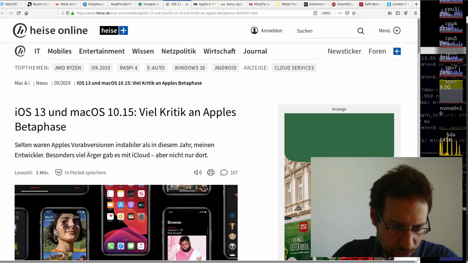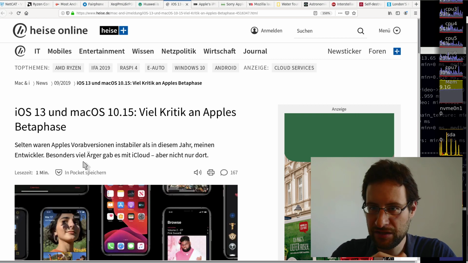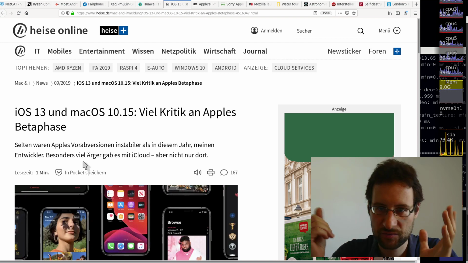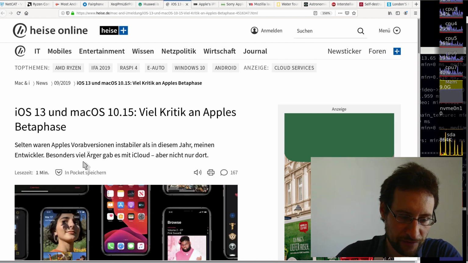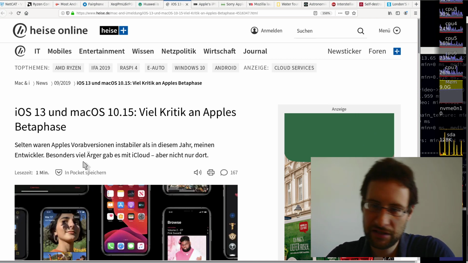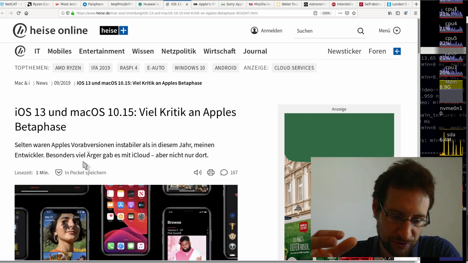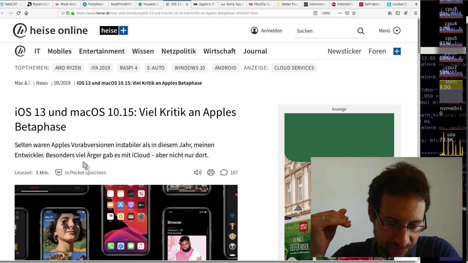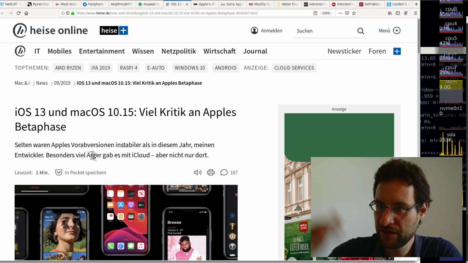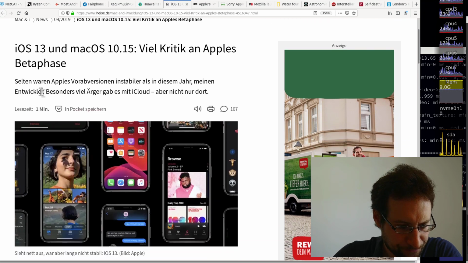And in more news, you see my recurring theme of peak bugs in macOS, and even customers annoying me that our Mac software doesn't yet fully support 10.15. This is most amazing in major old-fashioned print magazine and partially online magazine news here of one of the largest German news sites: iOS 13 and macOS 10.15. A lot of critique on Apple's beta phase, so it's not only me who is over the years getting enormously pissed by peak bugs and all this stuff, but they even write here,